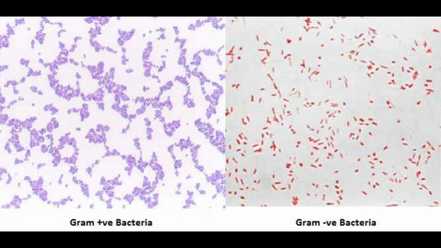While the gram-negative bacteria will appear pink or red, as they lose the color of the primary stain during decolorization, and the safranin that was used as a counter stain will give the pink color to the decolorized gram-negative bacteria. For easier identification,